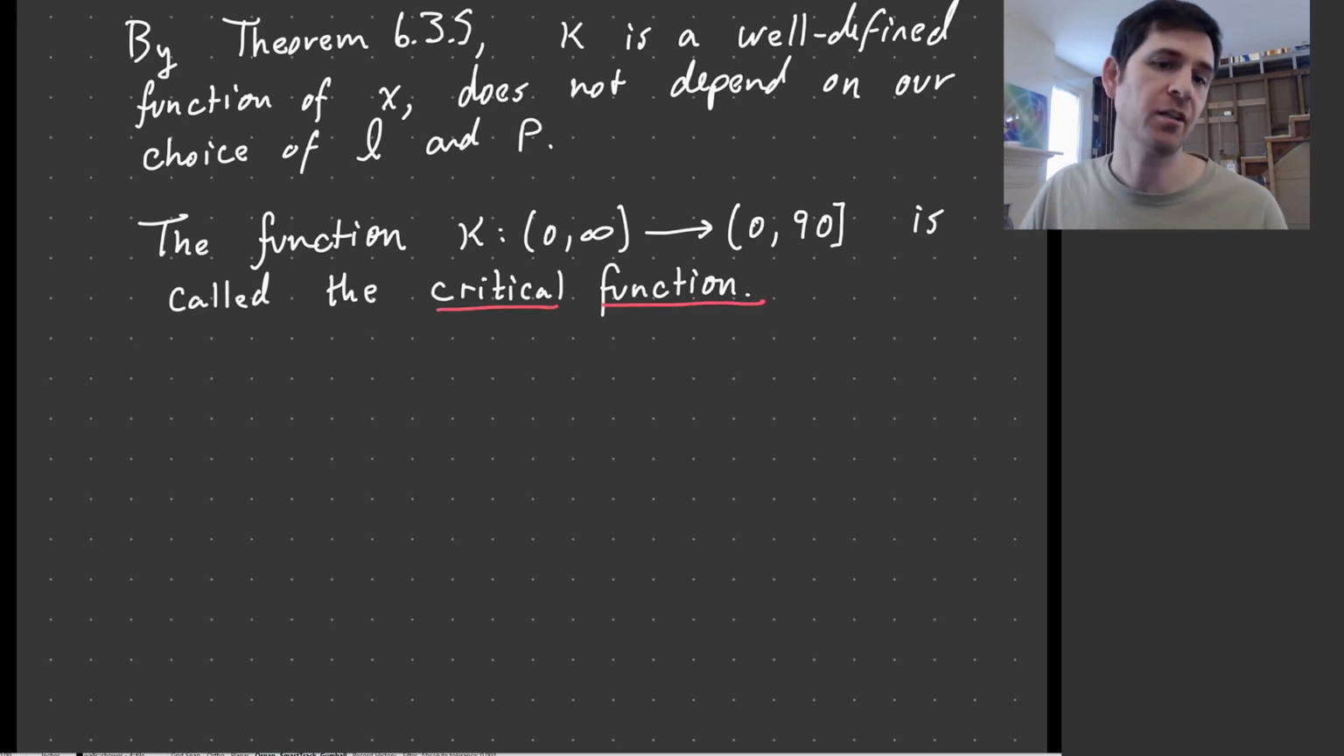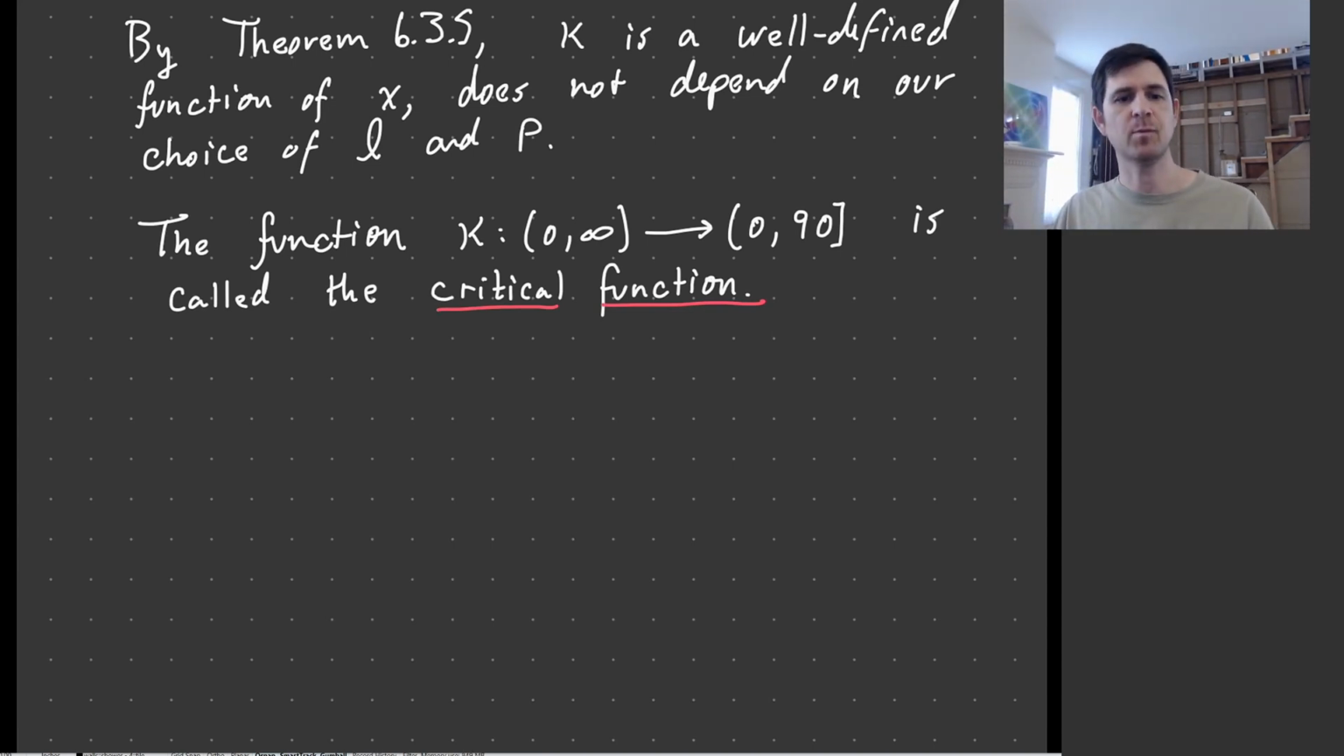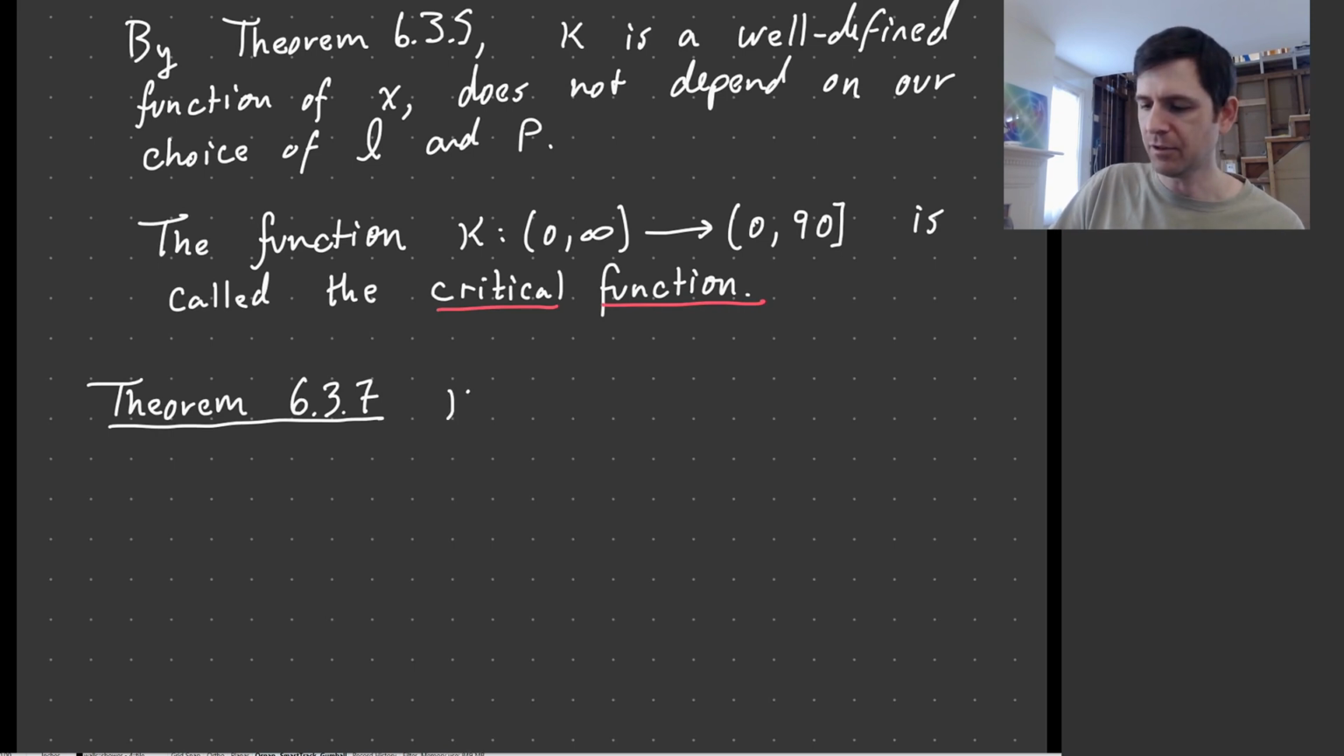So this is the function that encodes all of the critical numbers. Give it a distance, it spits out the critical number for that distance. And so this theorem is the theorem that tells us how this function behaves. So this function kappa from 0 to infinity to (0, 90]